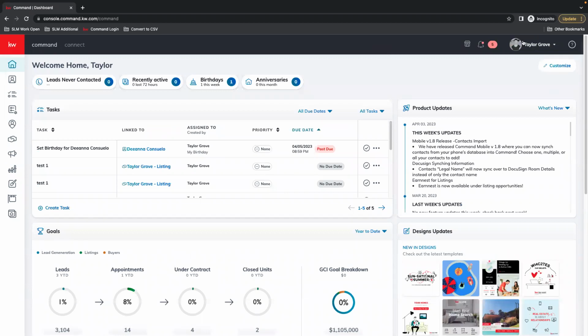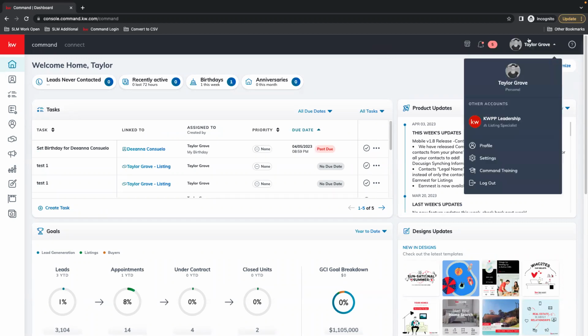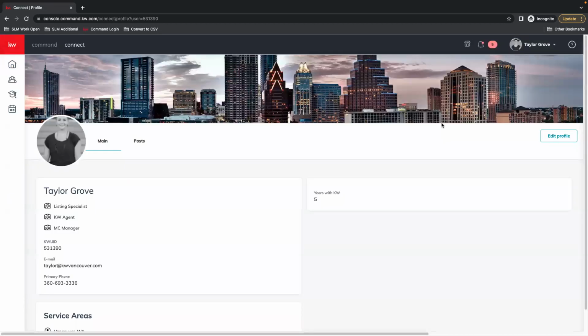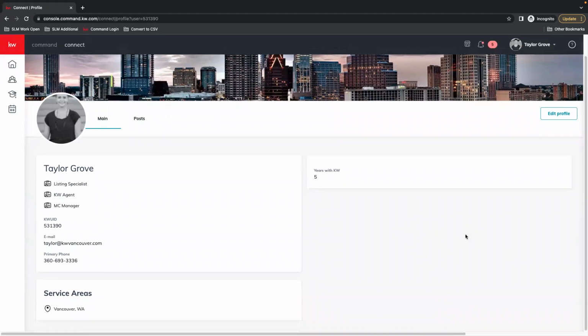This is the profile that other agents will see if they find you in the referral network. So under your name in the upper right-hand corner, we're going to select profile. And that brings you to this page.